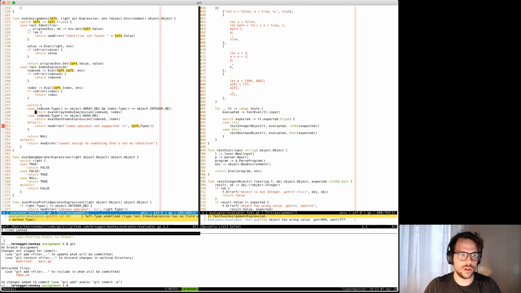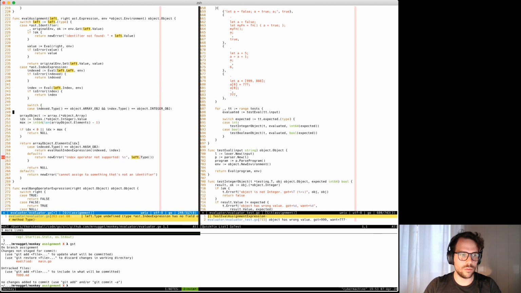So, you know, make it work, make it fast, blah, blah, blah. No, make it work, make it clean, I guess, and then make it fast. So this is indexed. So now we have the array object, we have the index, which is the unwrapped value. We check for this. If the index is out of bounds, we just return null,